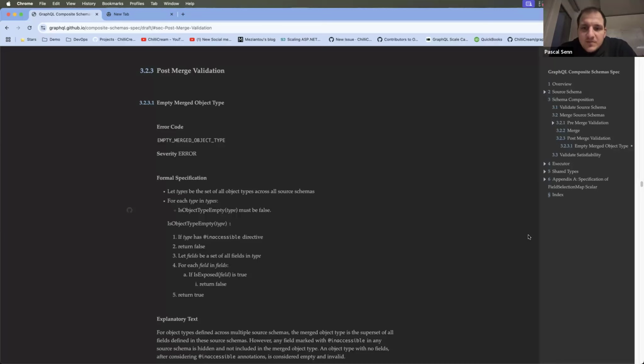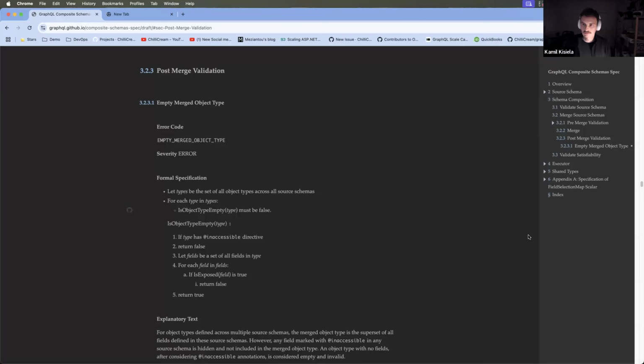And then you would write a pre-merge validation rule where you would say: give me all the interfaces with this name, then merge the interfaces to check if the type implements all the fields. So that's the prime example for a post-merge validation rule, because you would have to merge anyway in the pre-merge. So we just validate it afterwards.